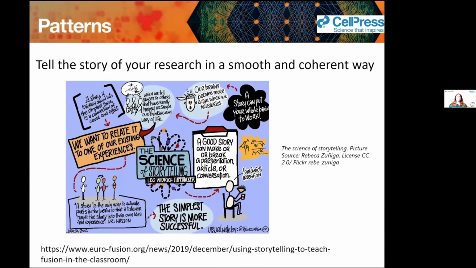I've mentioned storytelling quite a lot because I think having a coherent and smooth story going through your publication, your article, or your research report is really helpful when it comes to explaining what you've done and how you've done it.